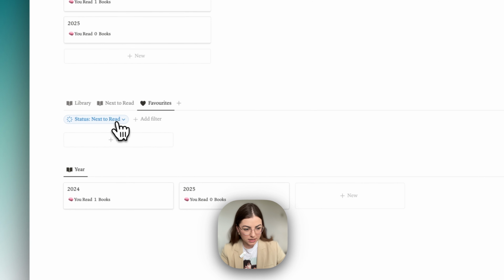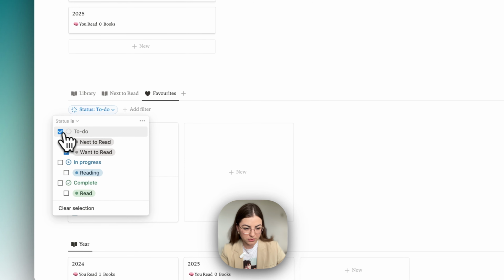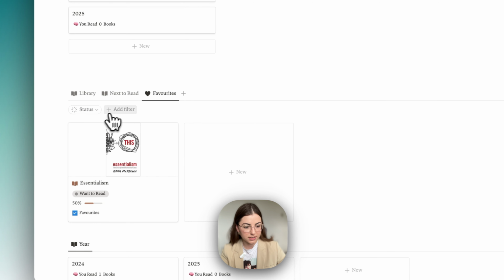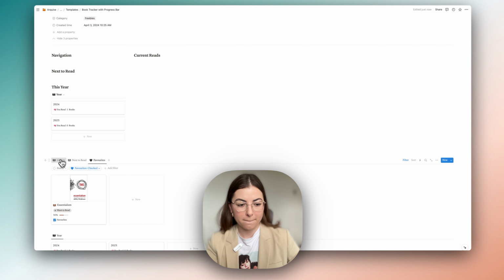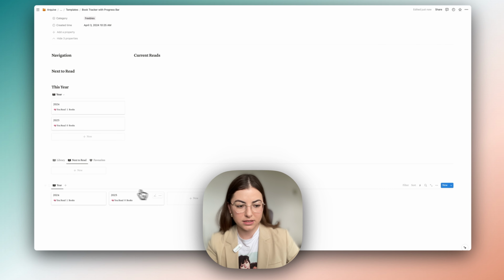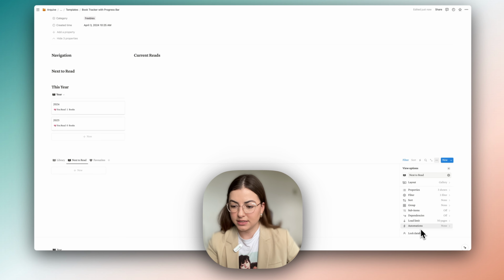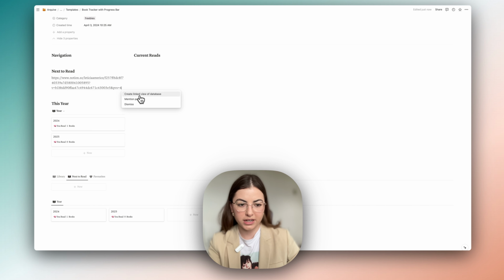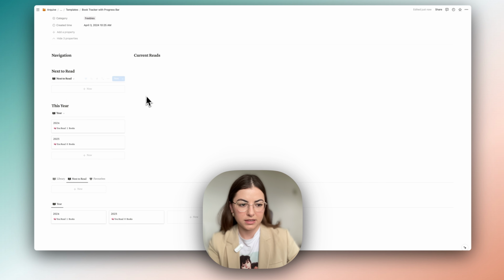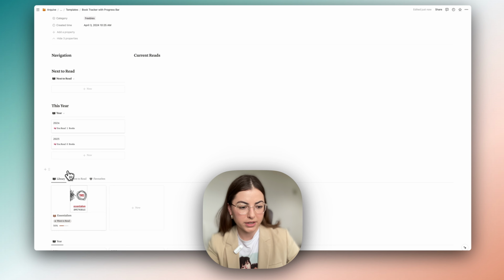Oh, it's because it's saved with this filter. So we can just add a filter where favorites is checked. And then this is going to show only your favorite books. This is going to show all the books, and this is going to show only your next reads. So let's copy this view to this section here, next to read, this same view, and your library is going to be,